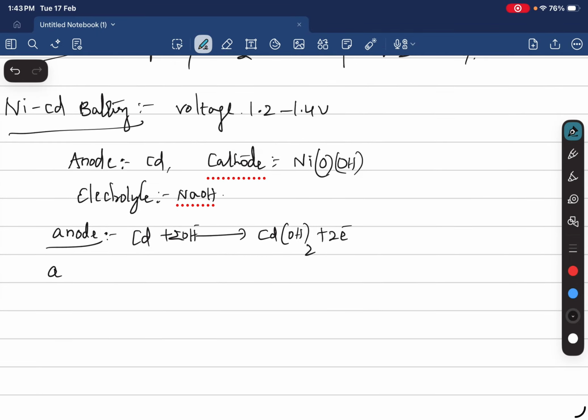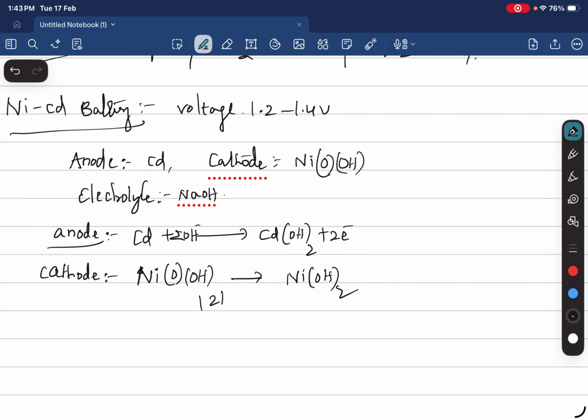and at the cathode, NiOOH is converted into Ni(OH)2. So this happens with 2 electrons. Whichever electrons are released, those are accepted, converting this, plus 2OH minus. Here,